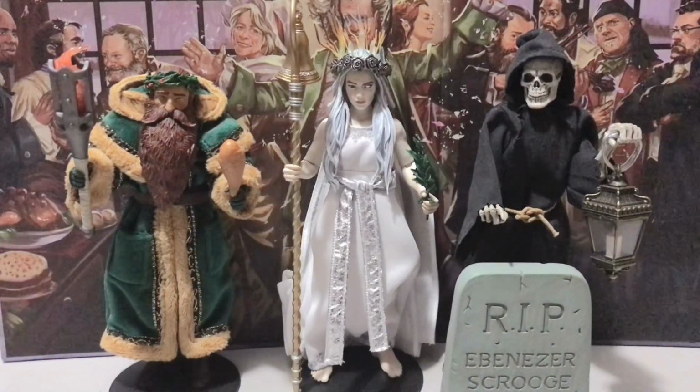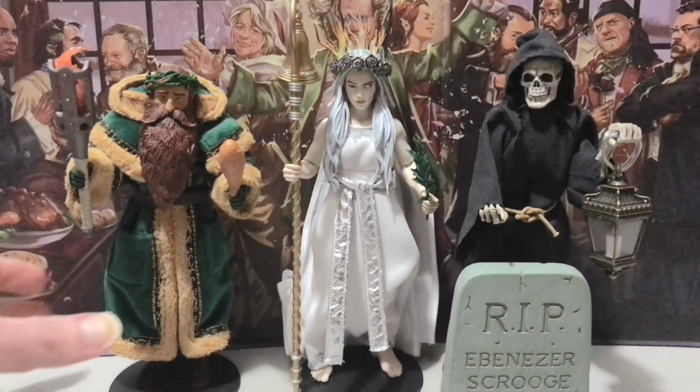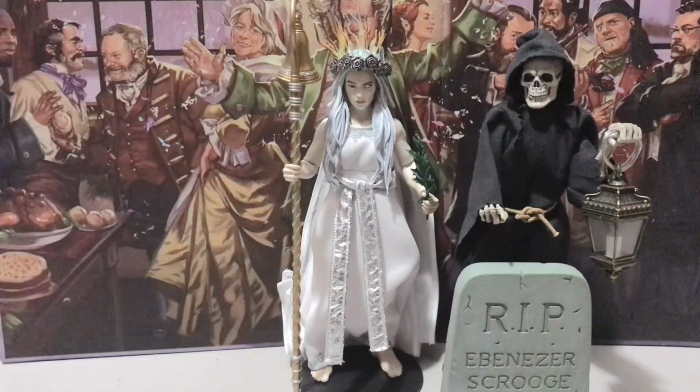This was an accessory that came with Pete as the Ghost of Christmas Future. And thankfully it says Ebenezer Scrooge and not Scrooge McDuck, or I'd look like a major doofus. So, getting Christmas Present out of here,